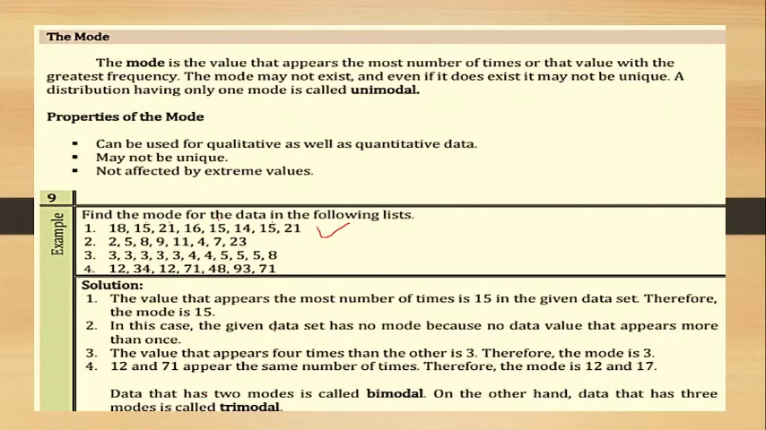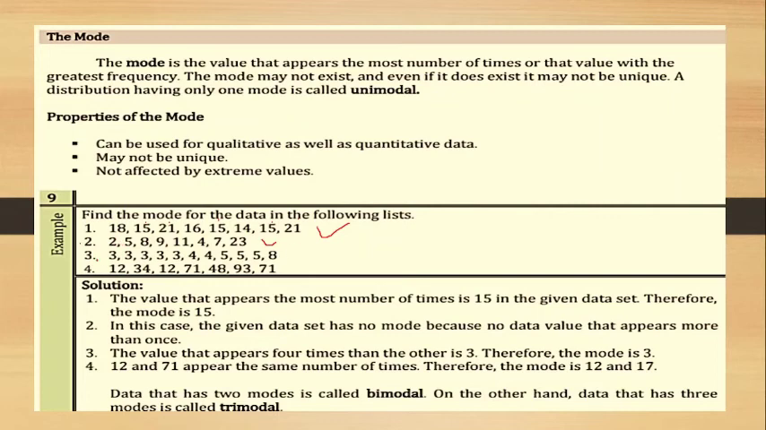So, in this case, the given data set, as example number 2: 2, 5, 8, 9, 11, 4, 7, and 23. In this case, the given data set has no mode because no data value appears more than once. So, dito, walang mode. Walang mode dito sa number 2 kasi puro isang beses lang sila nag-appear. Yung lahat ng mga number dyan, isang beses lang, wala miski